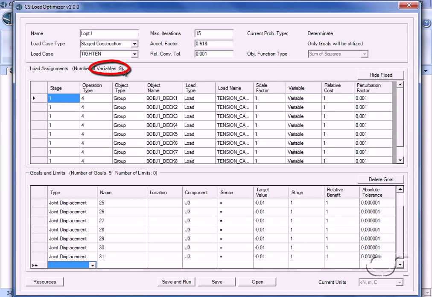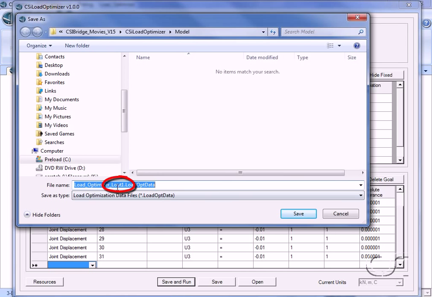With our 9 variable loads and our 9 goals specified, we can now click the Save and Run button. This will start the optimization. Note that LOPT1 has been appended to the file name.